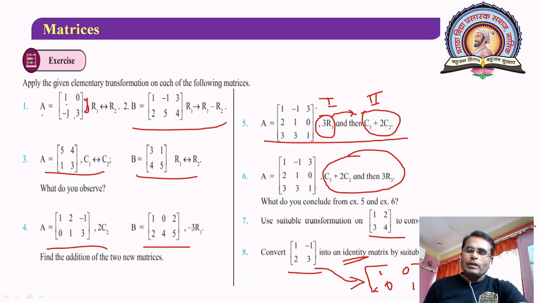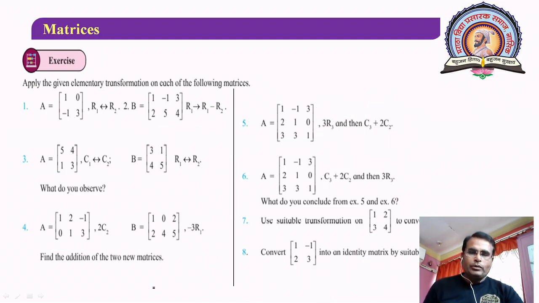But remember that this is possible if and only if determinant of A is not equal to 0. This is an important property, that any matrix gets converted into an identity matrix. So this is the way to consider solutions of these examples. So we are going to see the actual video while solving these examples. So let us start that video now.